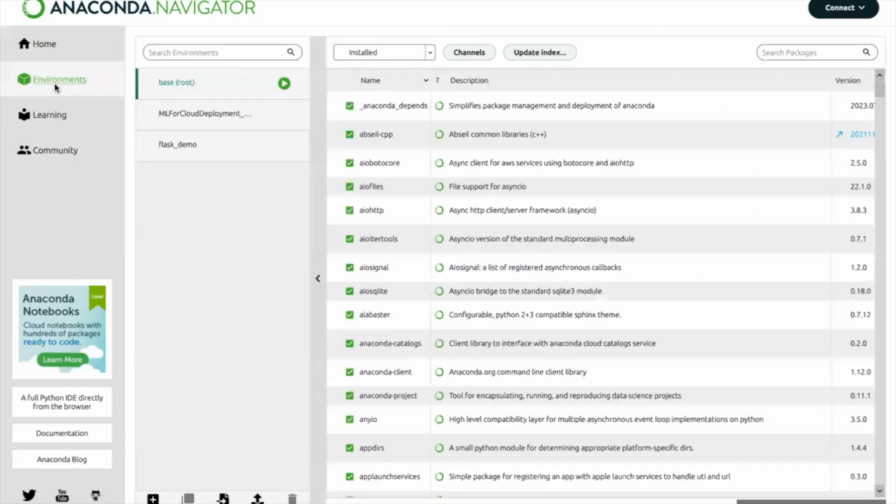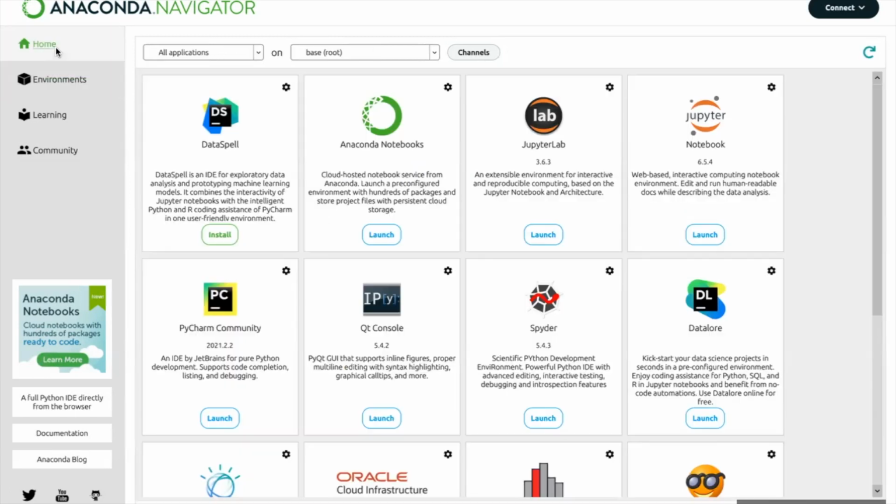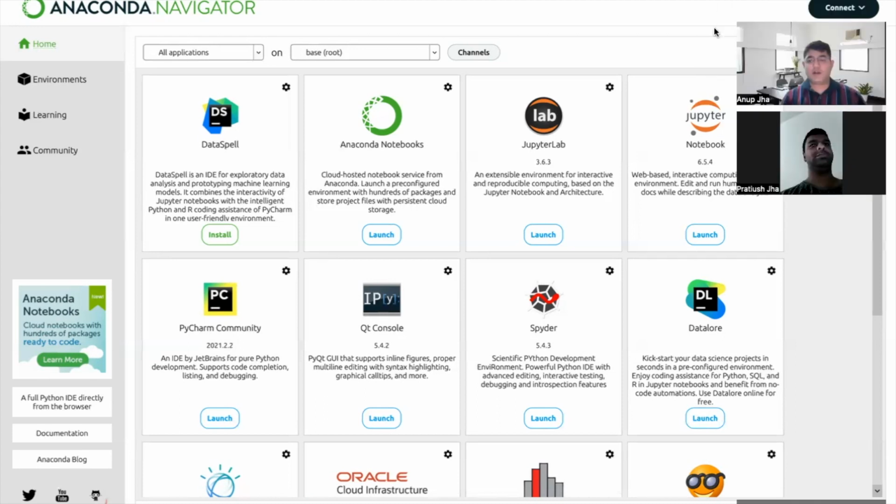Here there is the option of environments. So what does environment mean? See, Conda will give you one very important thing: when we work on certain projects, the software dependencies or requirements of different projects are very different. And the latest version of Python is installed in my system,